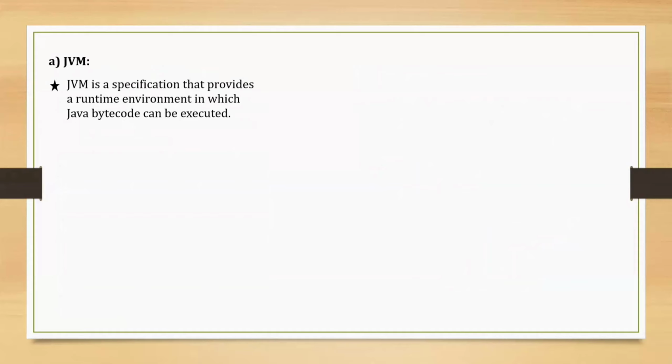Once again, I'll tell you the process. There is a popular slogan for Java language which is write it once, run anywhere. In other words, compiled Java code can run on all platforms that support Java. This is achieved by compiling the Java code to an intermediate representation called Java bytecode instead of directly to a machine code. The compiled bytecode is then executed by Java Virtual Machine, which is a program specifically written for the platform on which it is installed.